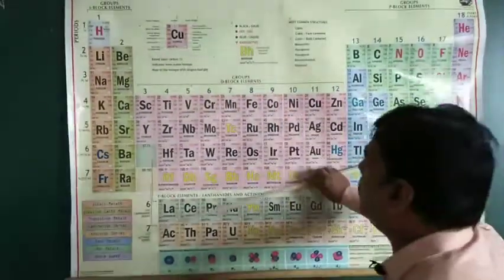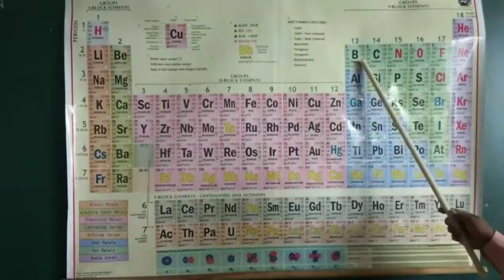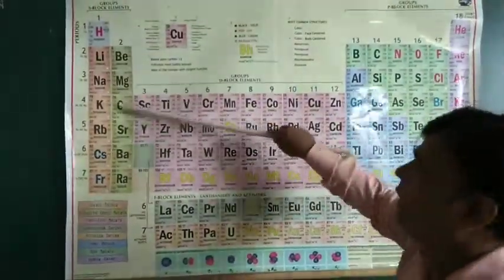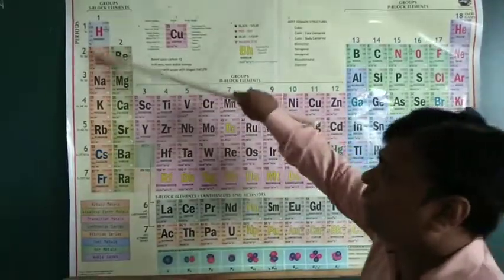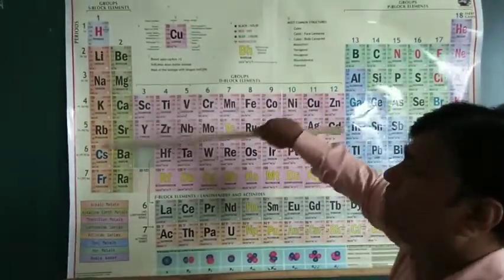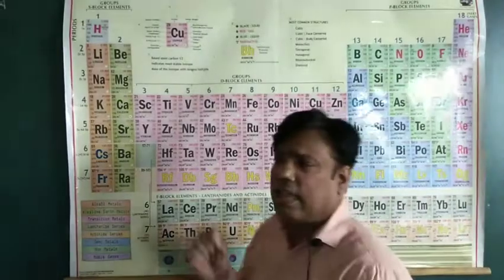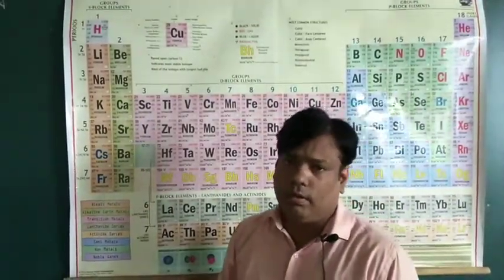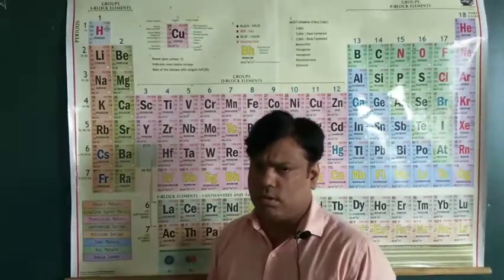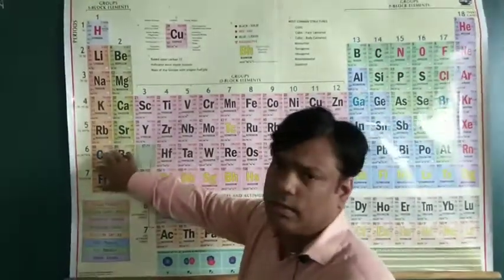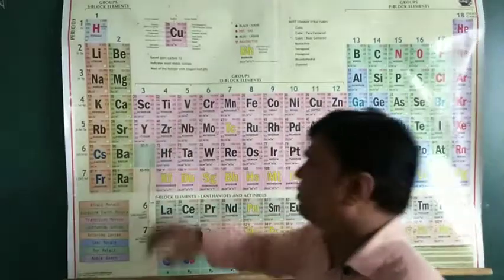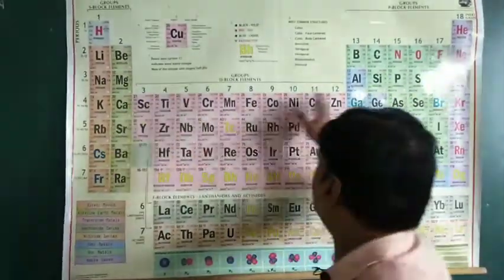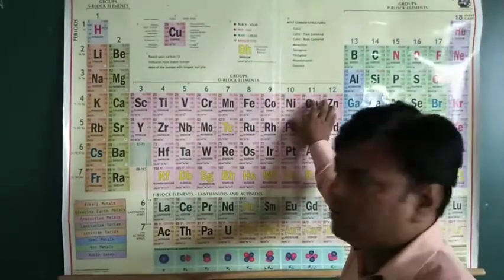Okay. Now, that is our 13th group. These are the P blocks. Why are there 2 groups in the S block? Because S can have a maximum of 2 electrons in its orbit, right? Maximum 2 electrons. That's why there are 2 groups. Then comes the D block element, or we can say transition metals.